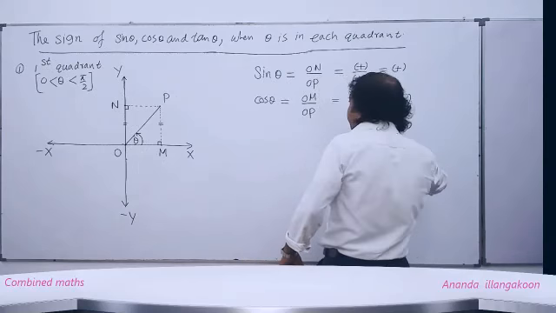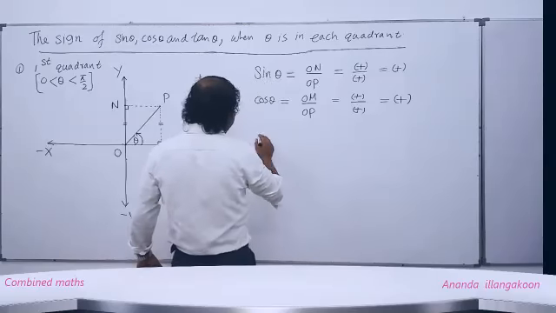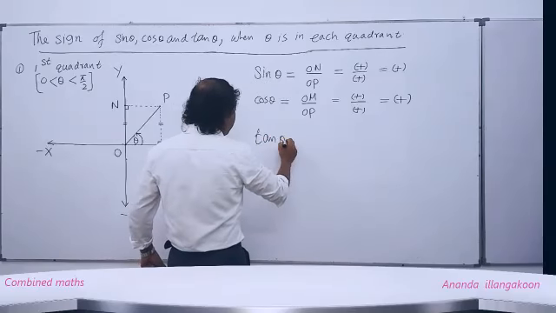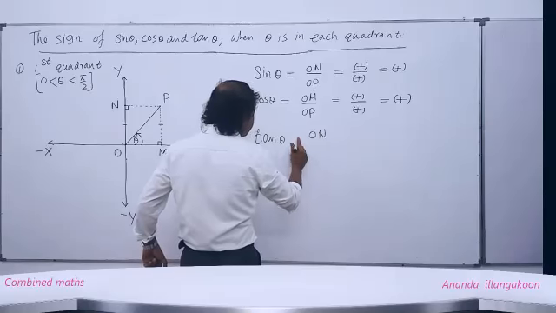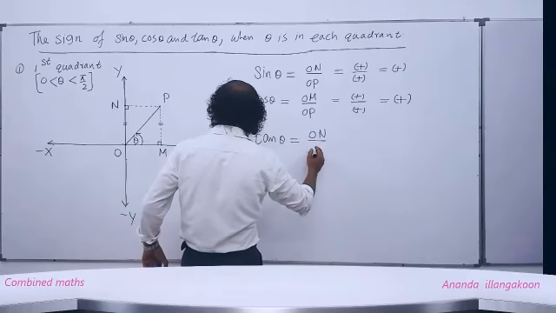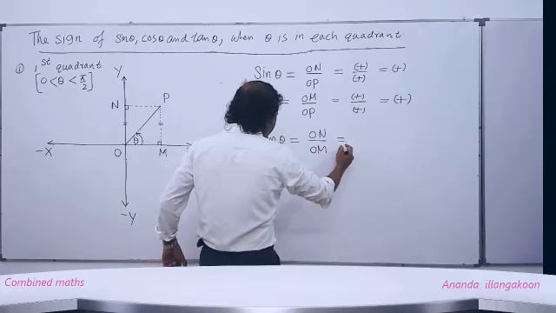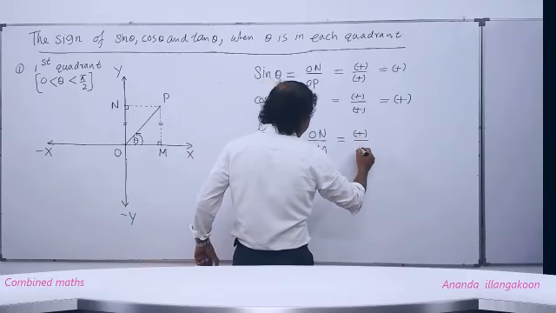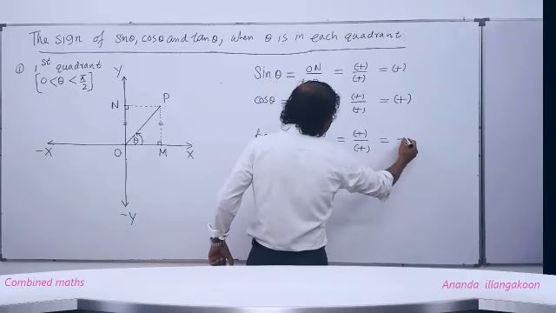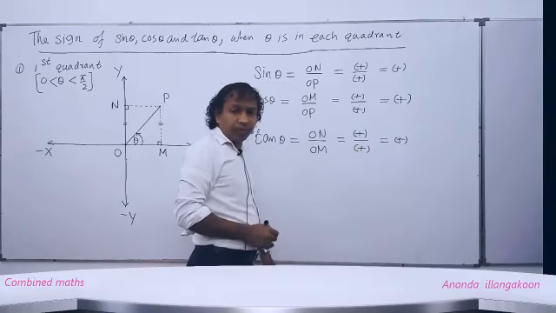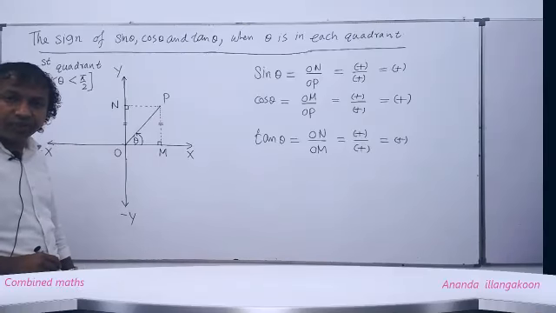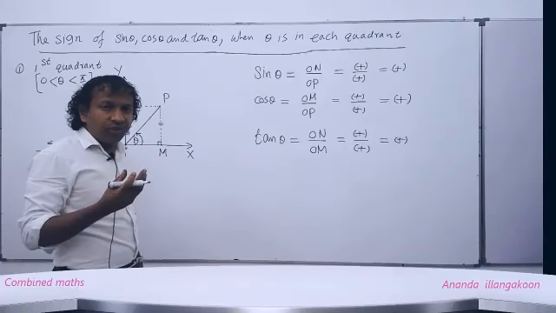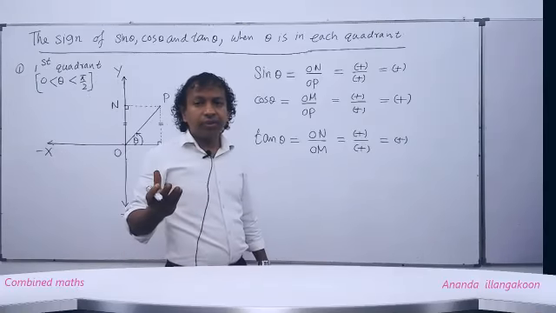When we divide the same signs, the answer is positive. Tan is the perpendicular projection of this OP on the y-axis divided by that on the x-axis. This is positive. This is positive. Therefore, people, what you can see is that the three basic trigonometric ratios sine, cos, tan take